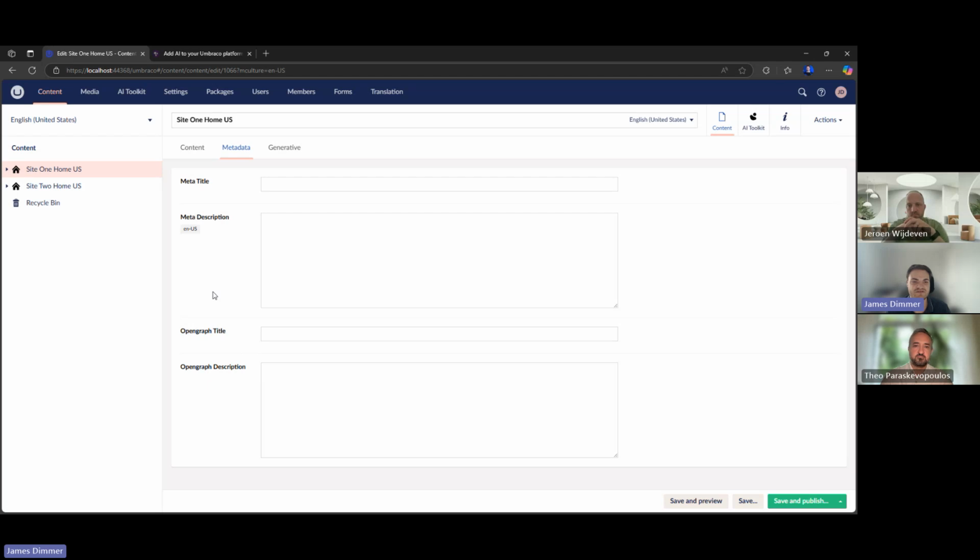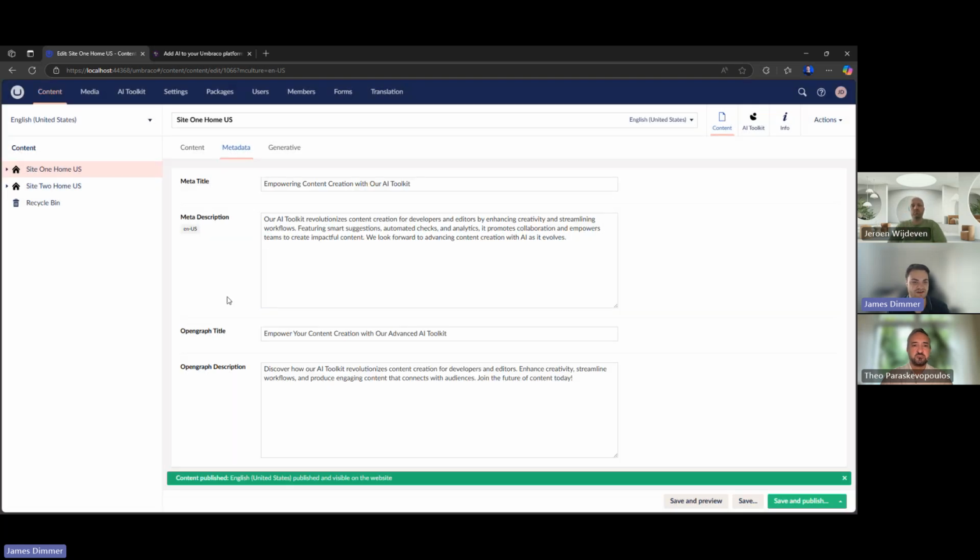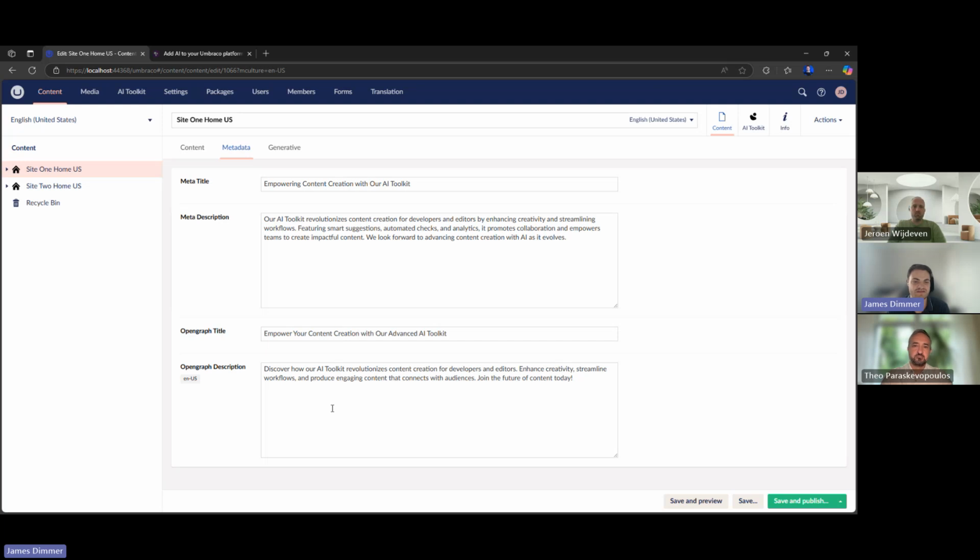And what I'm going to do now is, as I've got the auto-generated metadata enabled, I'm just going to save and publish. Now this happens on both the saving or the saving and publishing. So you can save it to see what the changes are first before you publish. But from those few fields that I just generated in the other tab, we have titles, descriptions, and then the same for open graph all populated.